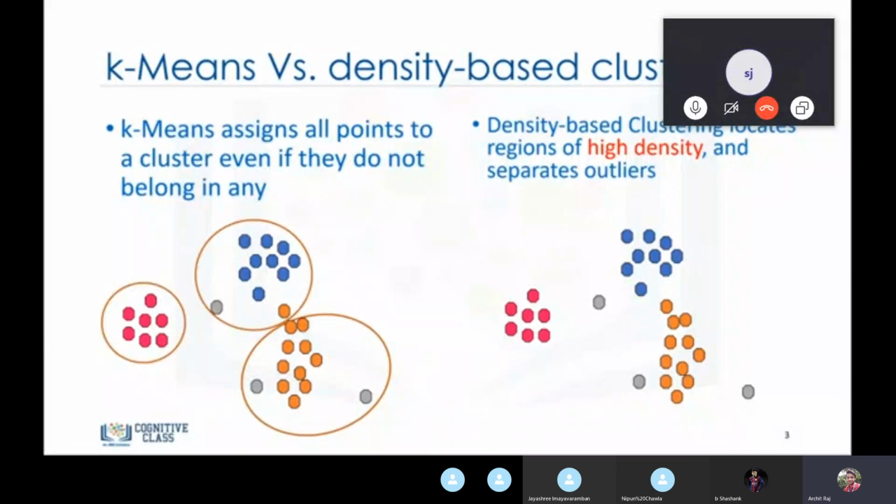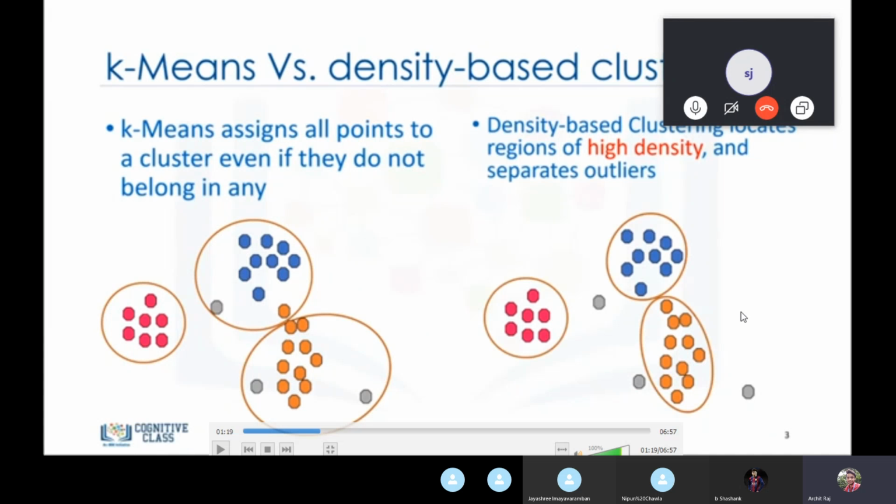But that's not the case with density based clustering, because it only checks the density, how close the points are. If there are outliers, meaning there's no point near that single point, it will consider it an outlier. So there's one big difference between density based versus other clustering algorithms like k-means or hierarchical: they do not consider outliers.